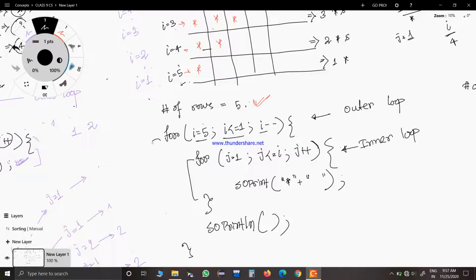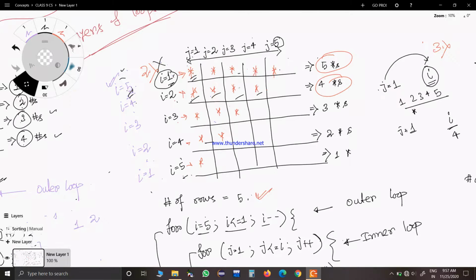So this is your outer loop, this is the body, and this is it. Basically, this is the main program. You also have to write the class and all that, and declare the variables i and j. And now this is fine. So you may see this kind of question.